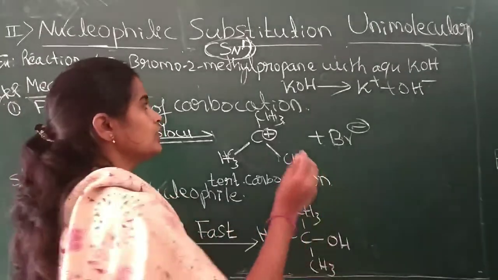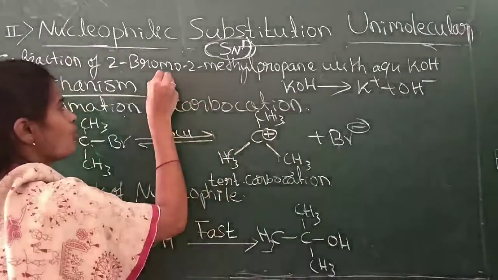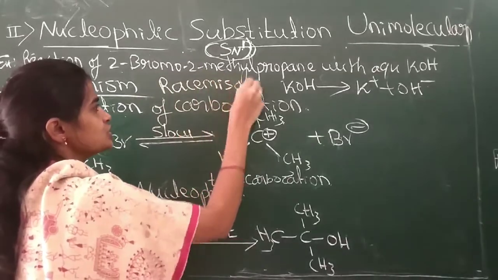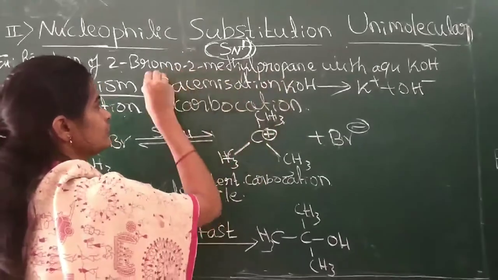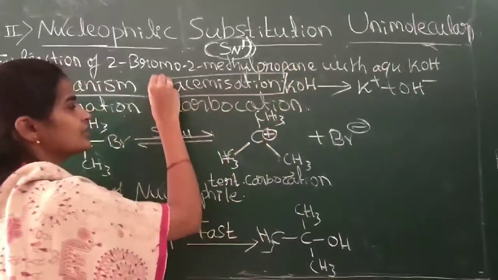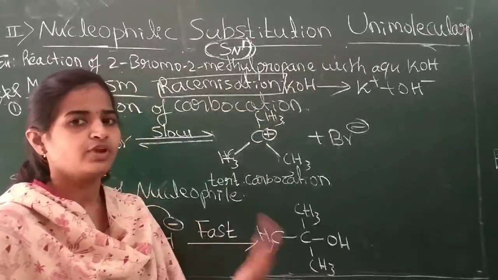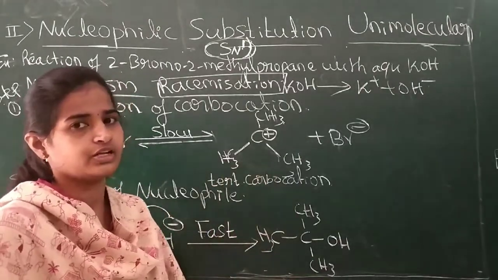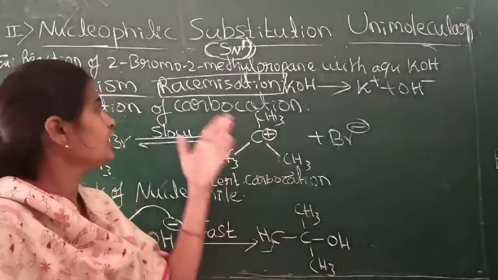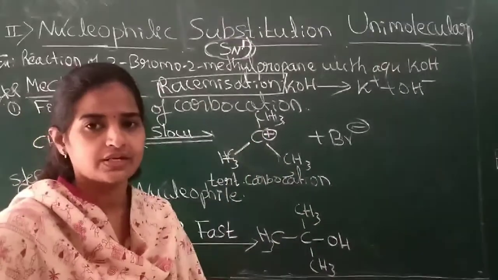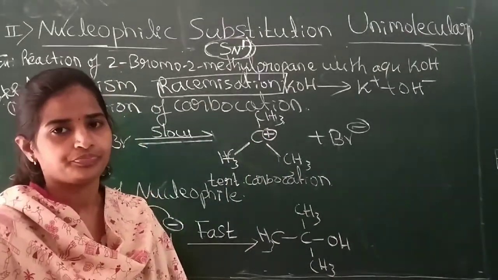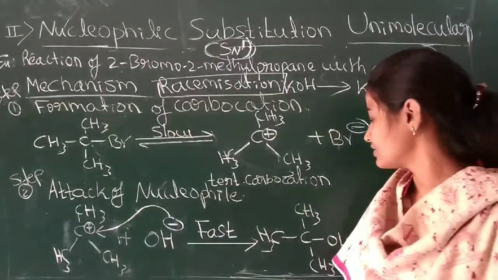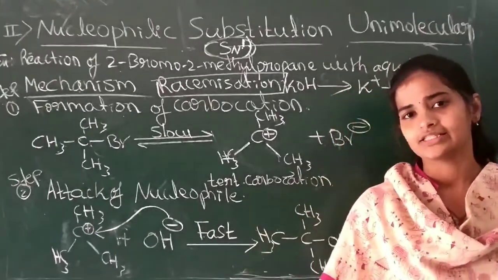Got it? Therefore, in the SN1 mechanism, what will take place? Racemization. Okay? Racemization. Some will undergo retention, some will undergo inversion. Therefore, a mixture of all will result in the end. Therefore, racemization of configuration takes place in the SN1 mechanism. Got it? You write this mechanism, then we'll note down some of the important points regarding the SN1 mechanism.